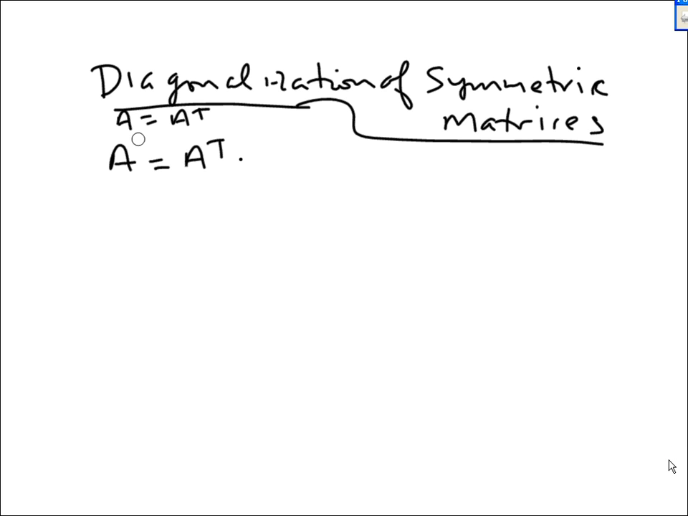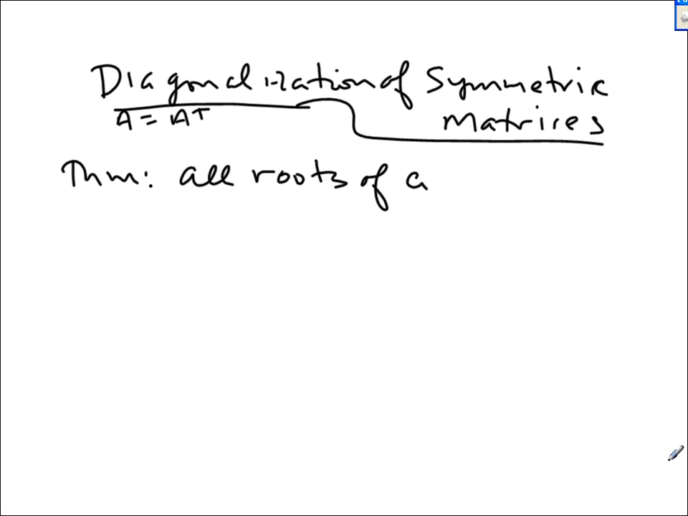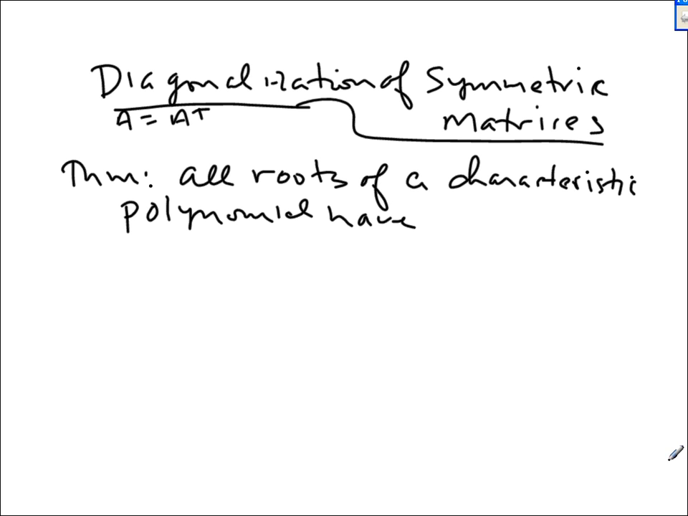Okay. So now we can come to this theorem right away. Nice theorem. We'll prove it with a 2 by 2 matrix. This theorem says that all roots of a characteristic polynomial have real roots. Remember,